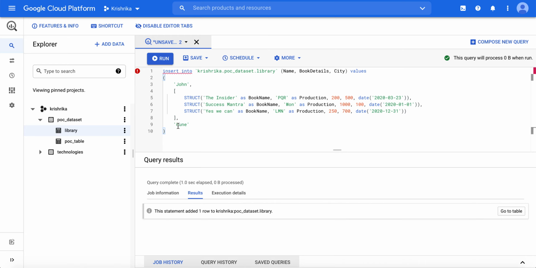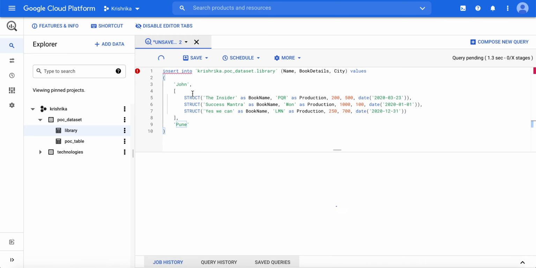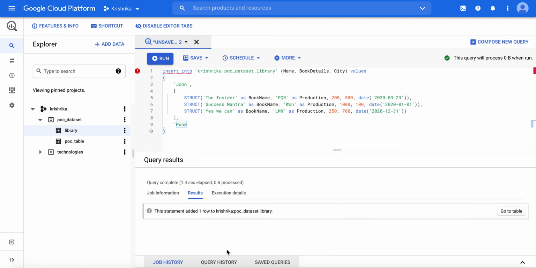Okay, are there any errors? I don't think so. Okay, now I will just quickly change the body name.